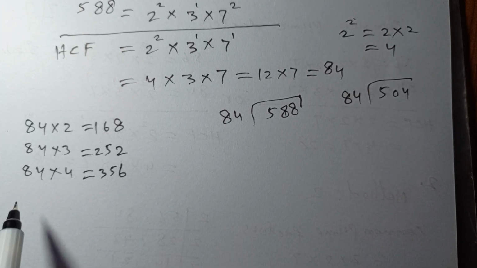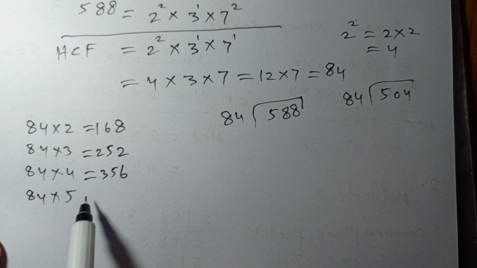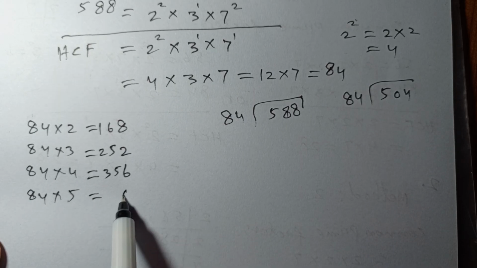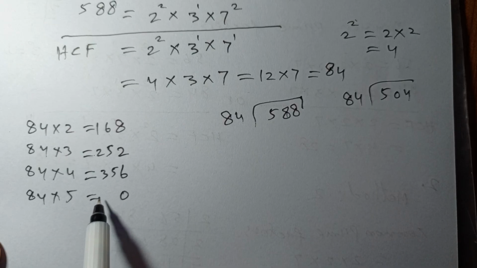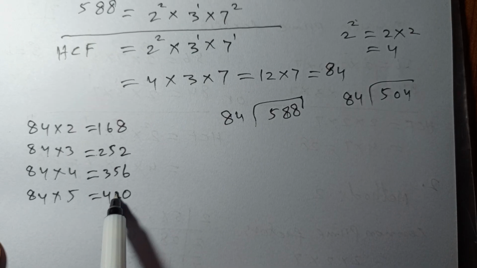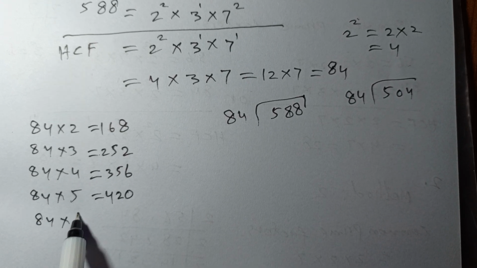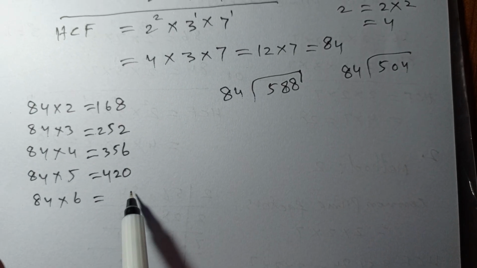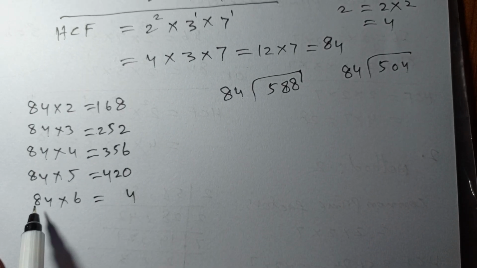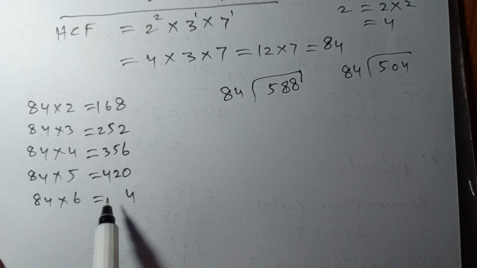Now 84 multiplied by 5, 5 4s are 20, and 5 8s are 40, 40 and 2 42. Now 84 multiplied by 6, 6 4s are 24, and 6 8s are 48, 48 and 2 50,